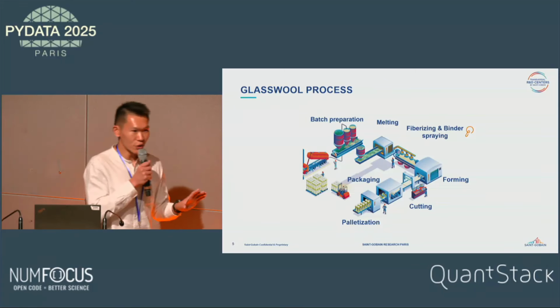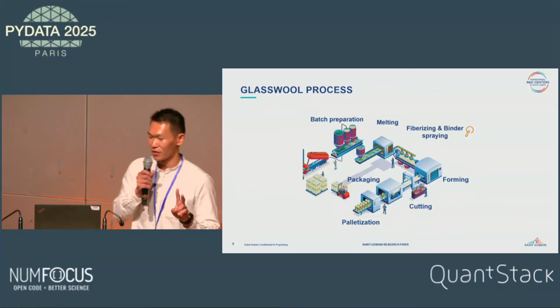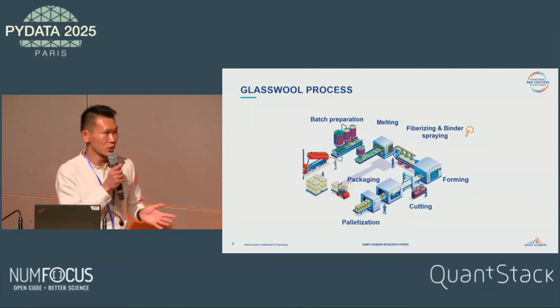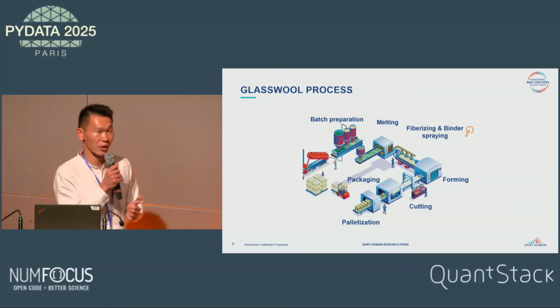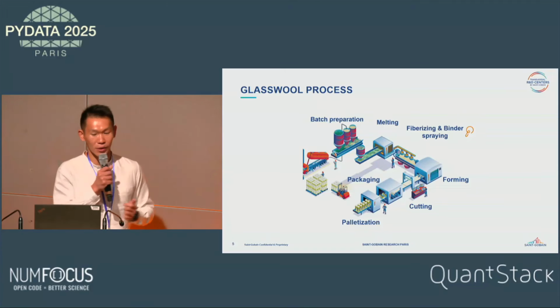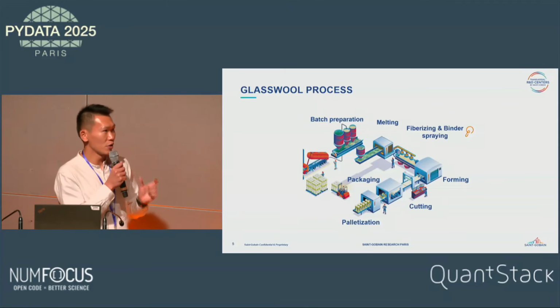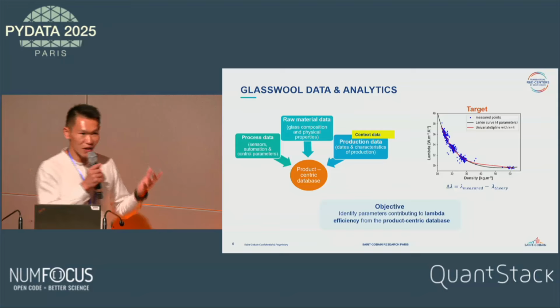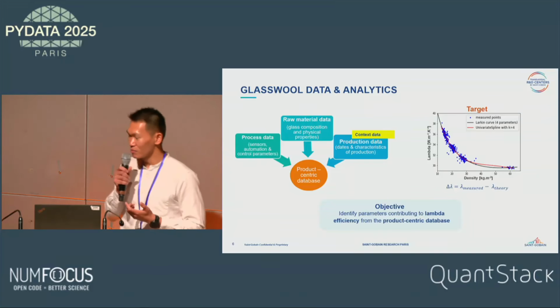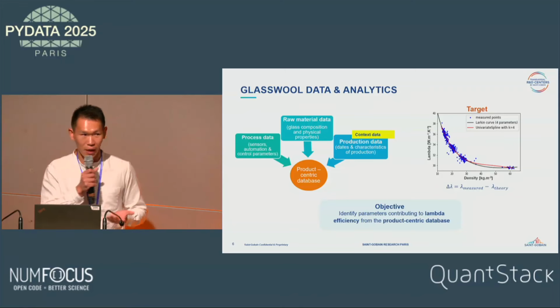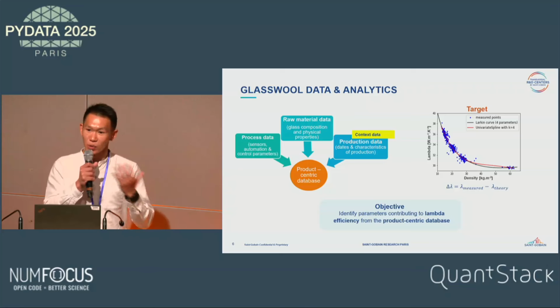So for a manufacturing plant, two things matter. The first one is stability in the production. That's why they have a lot of sensors installed everywhere to monitor the processes 24/7. The second one is quality. The product quality has to always meet the norms. So with the data flowing in, we thought, why not use this data to optimize the lambda efficiency? So imagine you can just tweak the 1 or 2 parameters and you can see a direct impact on the